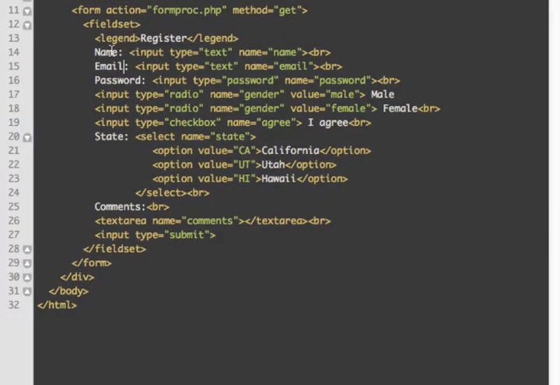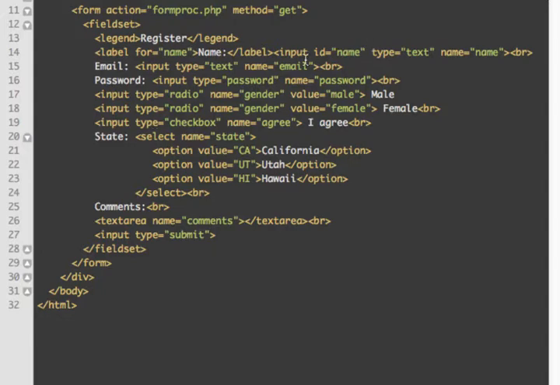And then another tag that can help us style up is a label tag. And we can put the labels around the text that labels what our field is. So this label tag right here says that this name is a label. Now, a lot of times, one thing that we need to do is connect this label to what input field we're labeling. So how we do that is we add the for attribute, and we put name right there, and then we also have to add an ID right here,